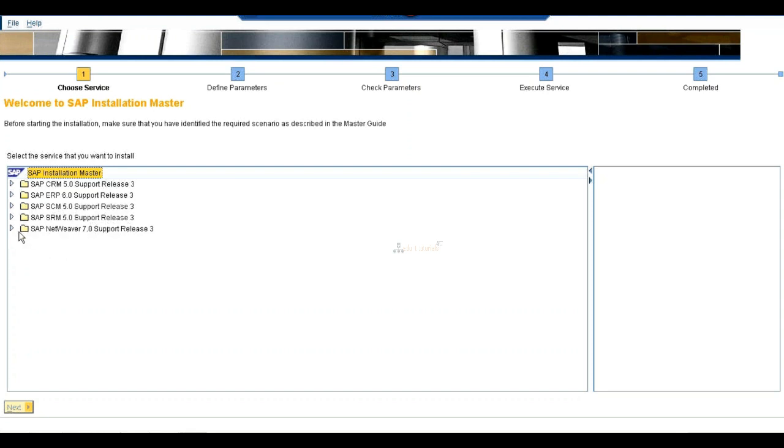We are installing SAP NetWeaver 7.0. Expand this service. In this service, what we have: SAP systems, standalone engines, optional standalone units, software lifecycle options.